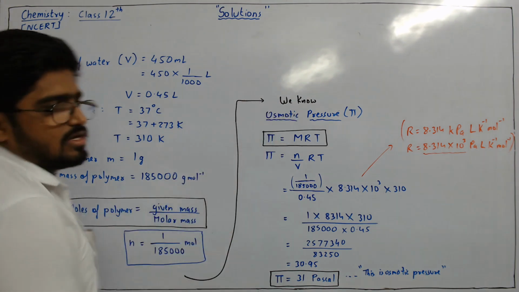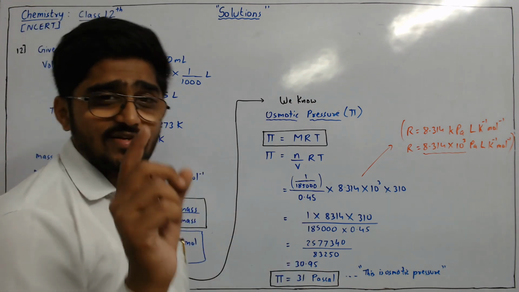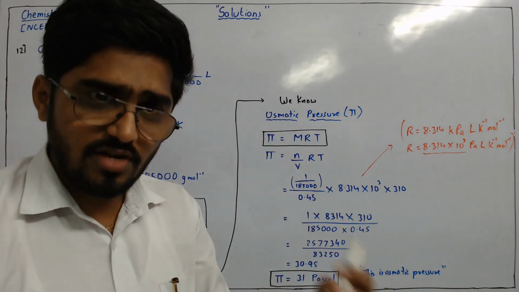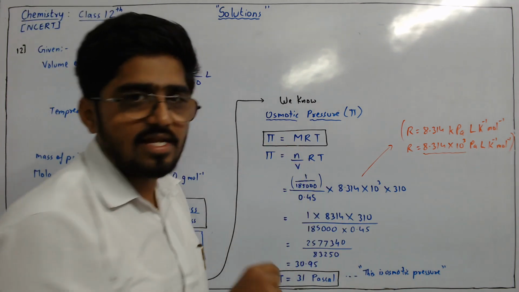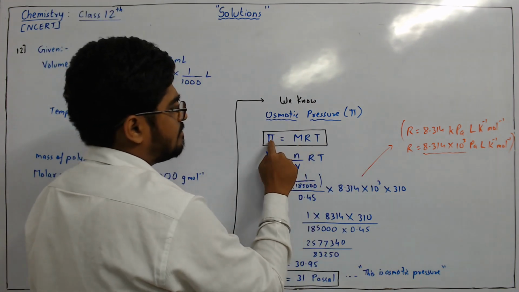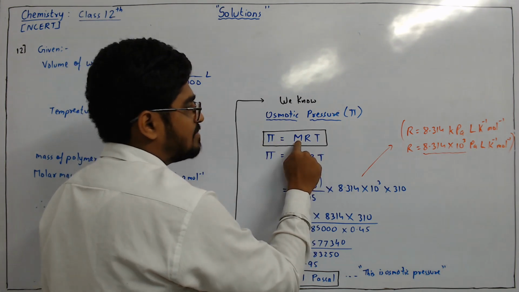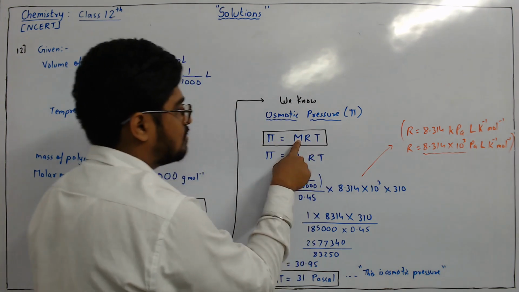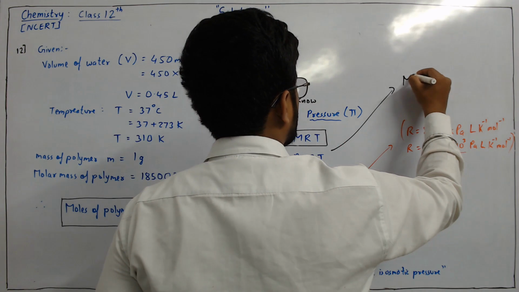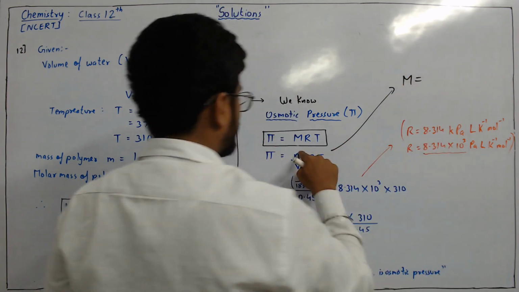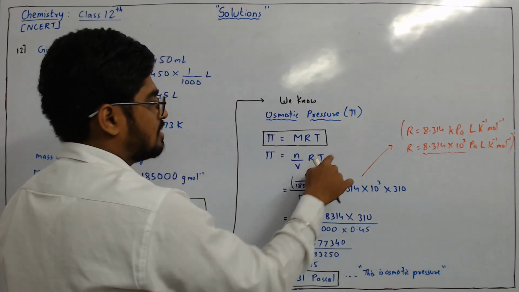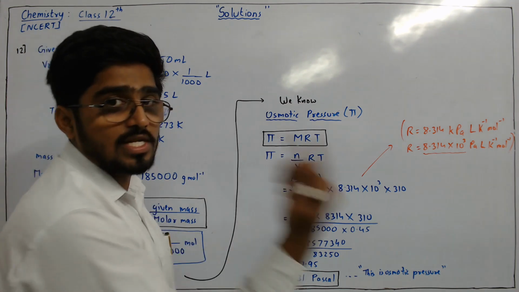So here, in the question we need to get the osmotic pressure. Then students, review your textbook. There is one formula: osmotic pressure is equal to CRT. C means concentration. Concentration can be measured in different ways. So which way is this? Molarity, right? Molarity is a method to calculate concentration. In the textbook it might be given that osmotic pressure is equal to CRT. C means concentration; here we are taking concentration as molarity. And molarity formula, students, you know. What is the formula of molarity? Number of moles upon volume. Number of moles of solute divided by volume of solution in liter.